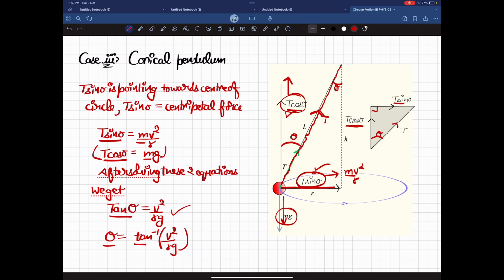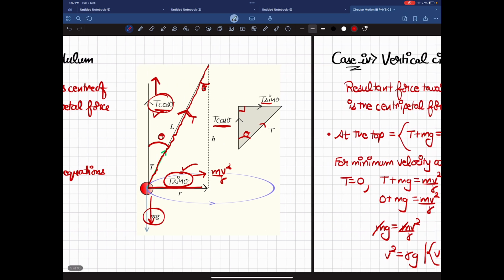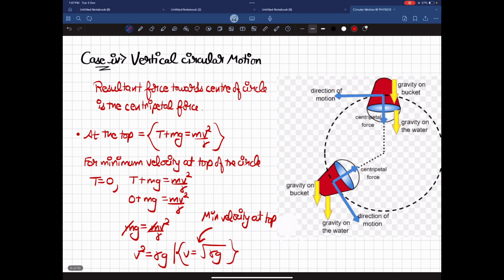Alright, I hope this is clear to all of you. Now let's move on to the next case, and this is one of the most important cases. This is vertical circular motion. Just imagine you have a thread tied to a stone and now you're whirling that stone in